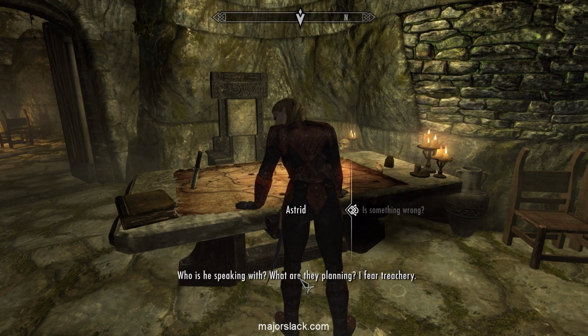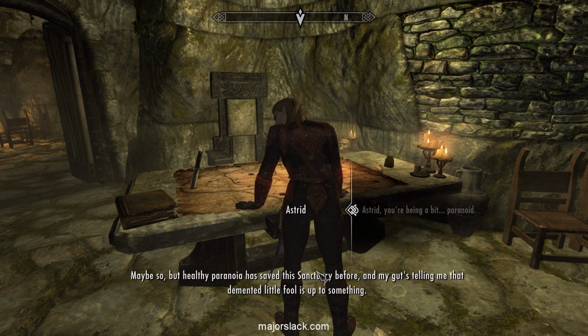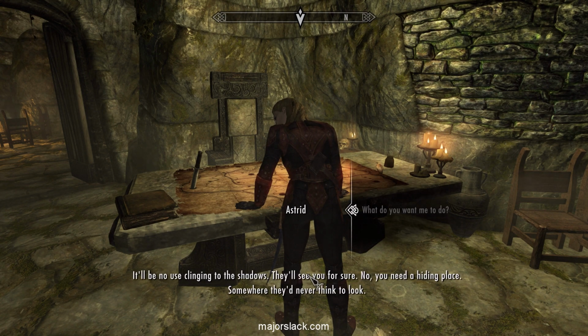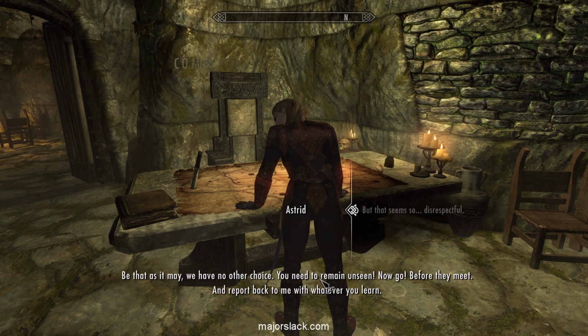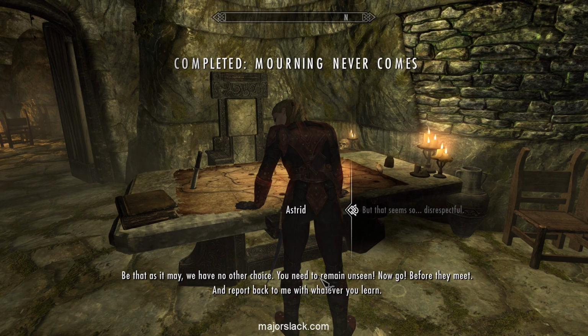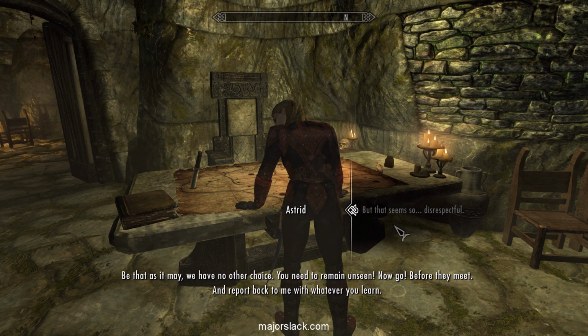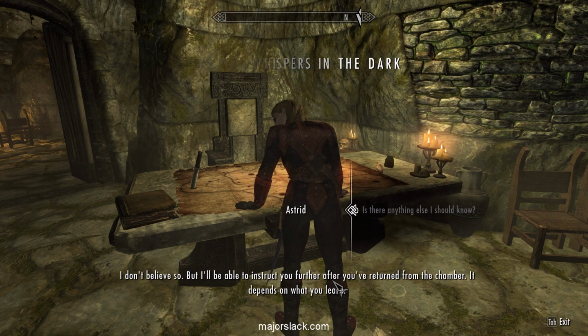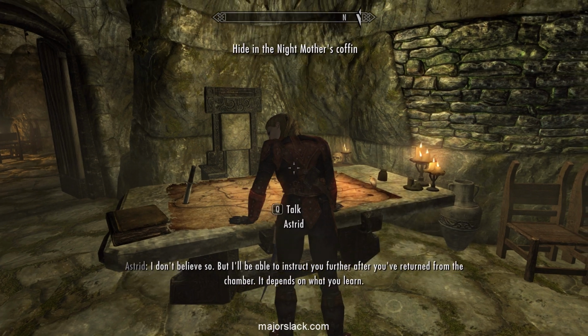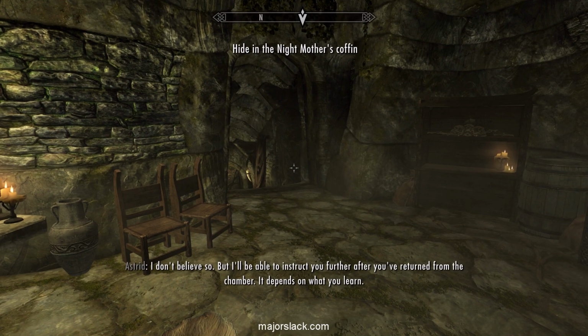Who is he speaking with? Maybe so. But it'll be no... Be that as it may, we have no other choice. You need to remain unseen. Now go, before they meet, and report back to me. I don't believe so. But I'll be able to instruct you further after...